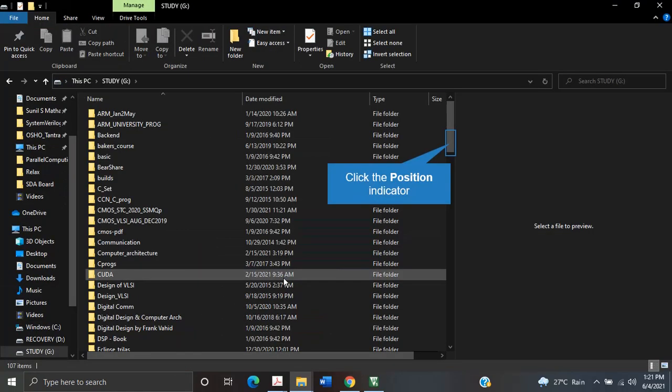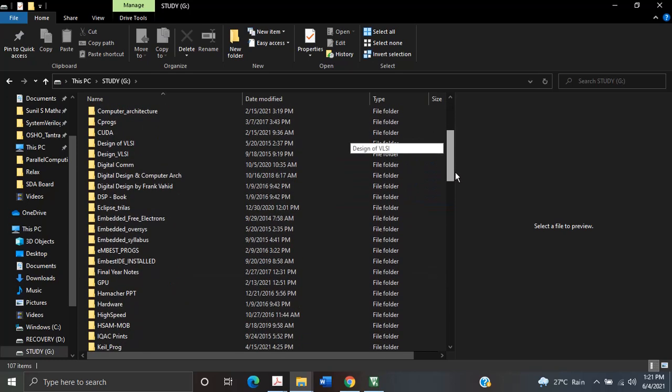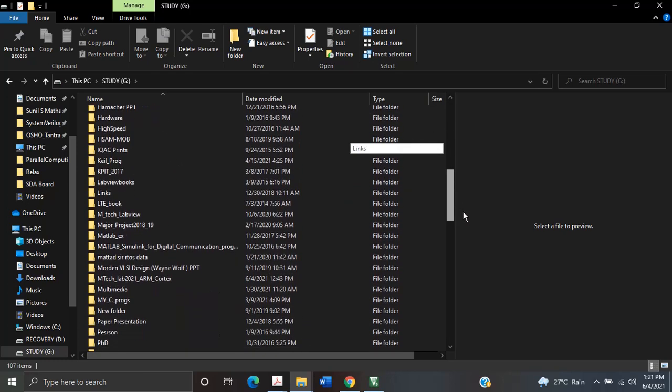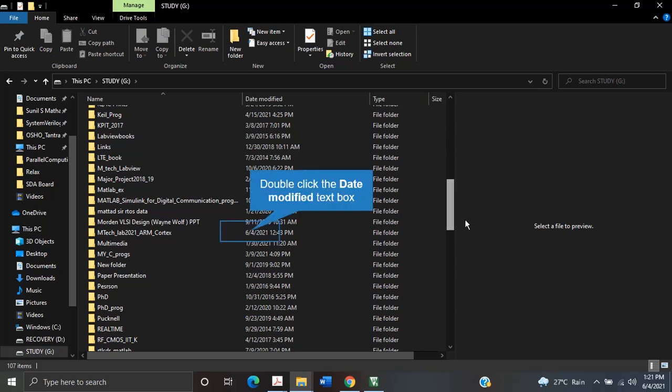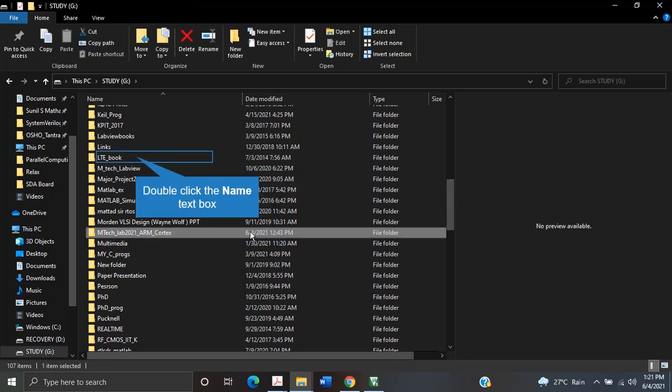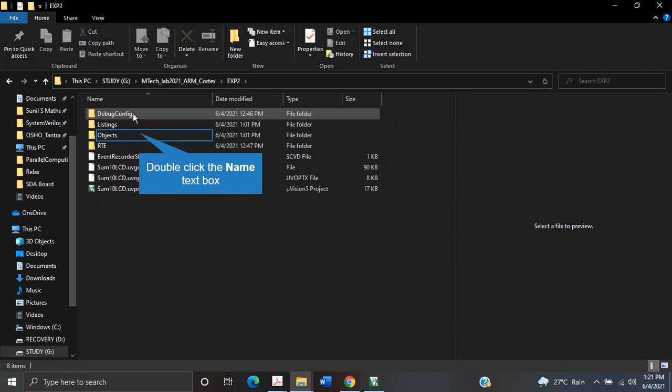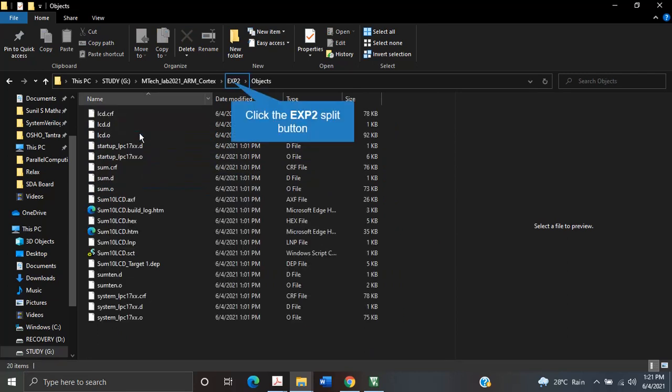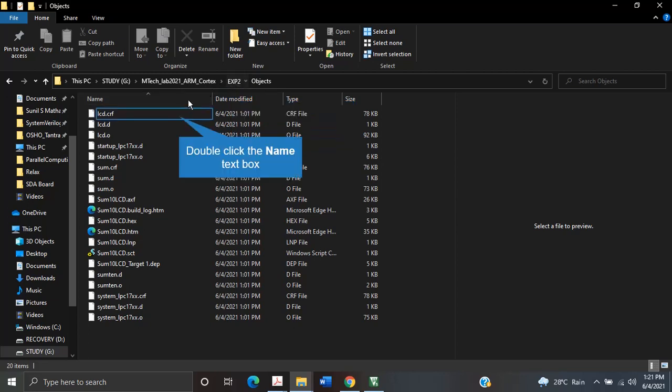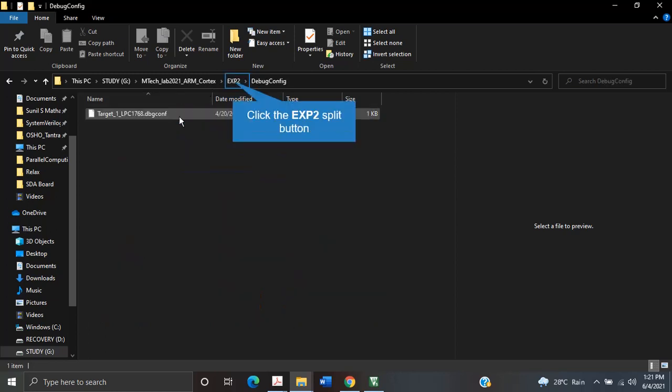Okay, so this was a folder. There should be a hex file whenever you have built it, and you can download it using Flash Magic. Again there is a manual description. Say experiment 2, which we have done, then objects, then debug.